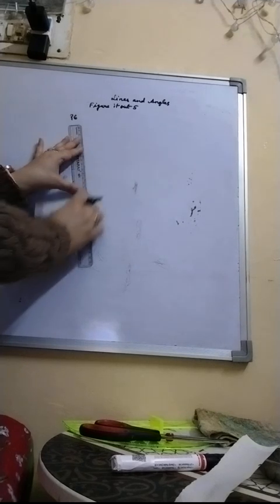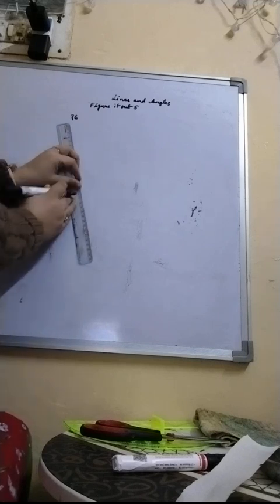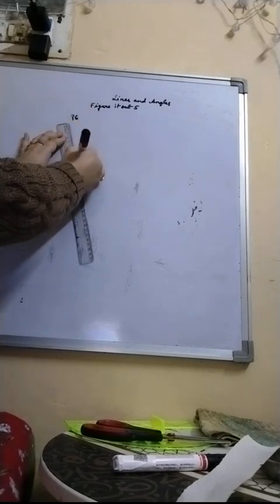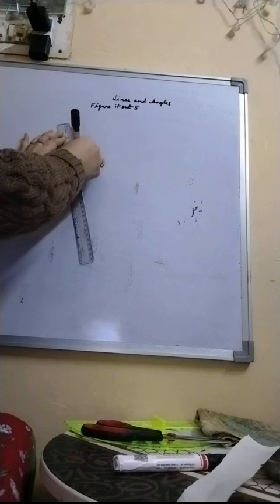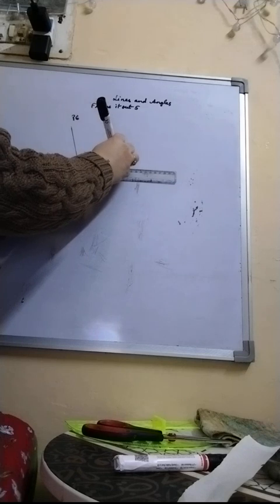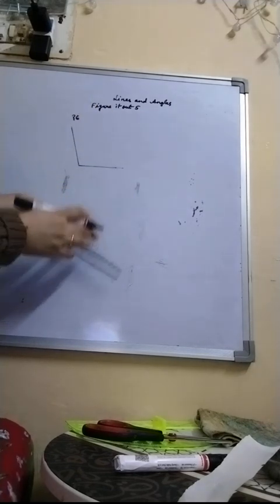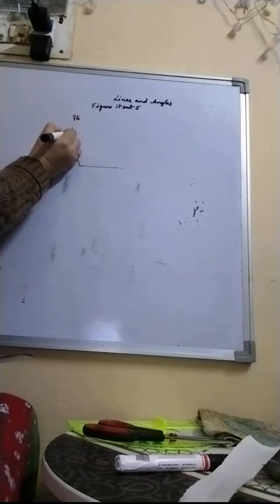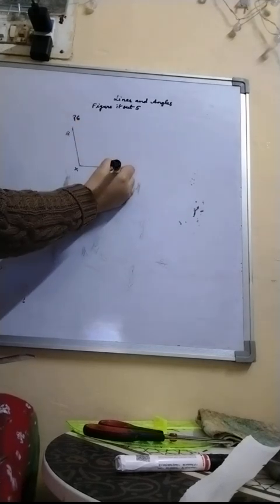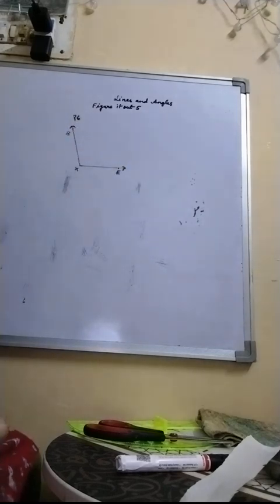This you have to figure out. You must know which angle is BXE. This is also an exercise to remind you again how to name an angle. So this is BXE and we have to measure this